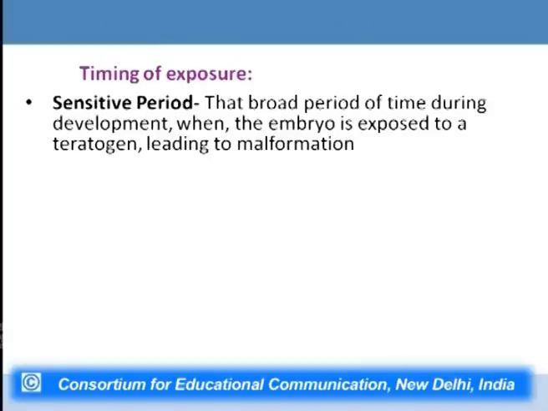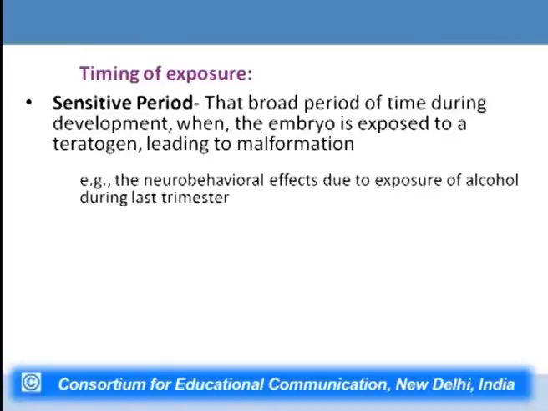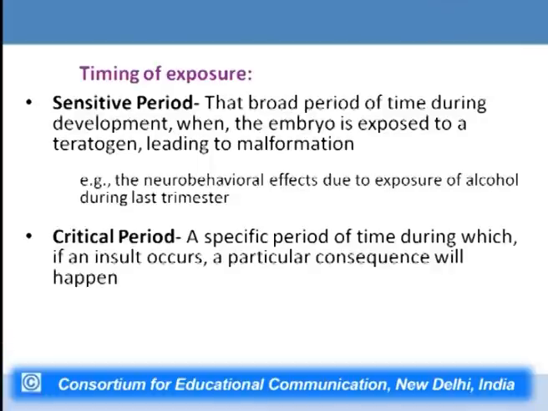Now there is a sensitive period, which is a broad period of time during the entire development, when the embryo is exposed to a teratogen, it will lead to formation of an abnormal organ system. For example, if the embryo is exposed to alcohol during the last trimester, it might lead to development of neurobehavioral effects or disorders. Whereas there is a critical period, which is a specific period of time during which